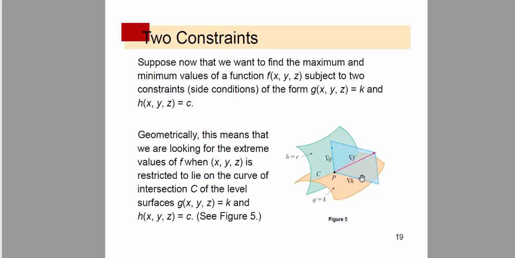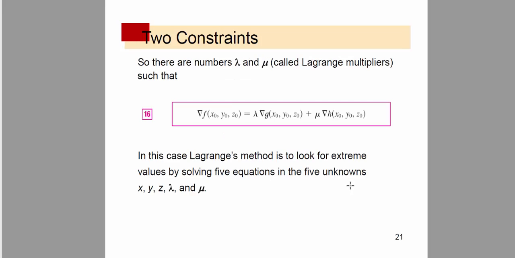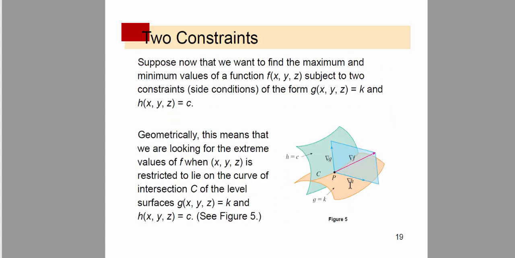And what happens there is this. Actually, I'm not going to go into the detail of that right now. What you will have is that the gradient of f, which will of course be normal to the curve of intersection, has to lie in the plane determined by the gradients of g and h at that point. And we are going to assume that neither of these gradients is zero and